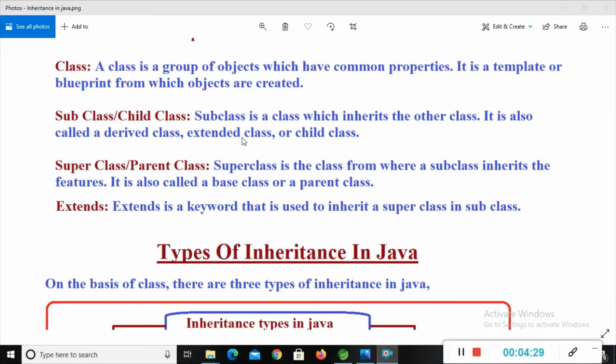What is a subclass? A subclass is a class which inherits the properties from another class. It is also called a derived class, right? And what is a superclass? A superclass is the class from where a subclass inherits the features. It is also